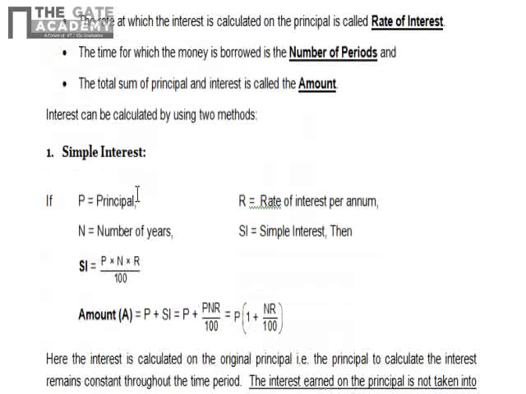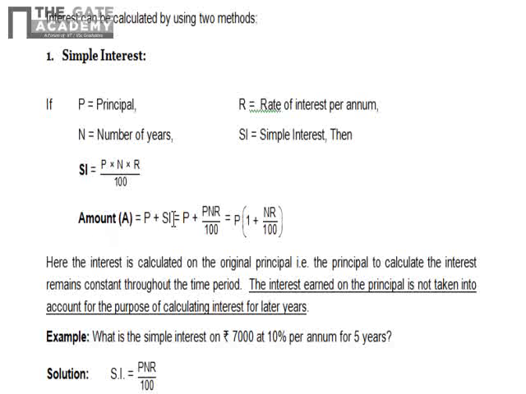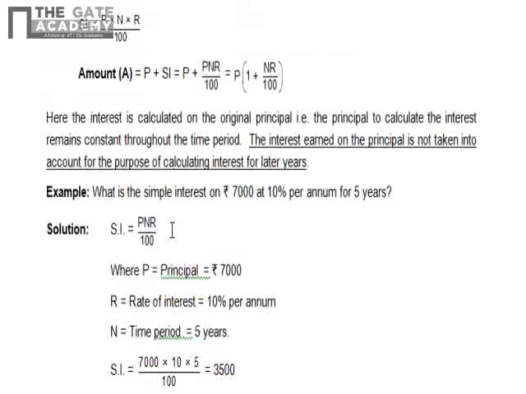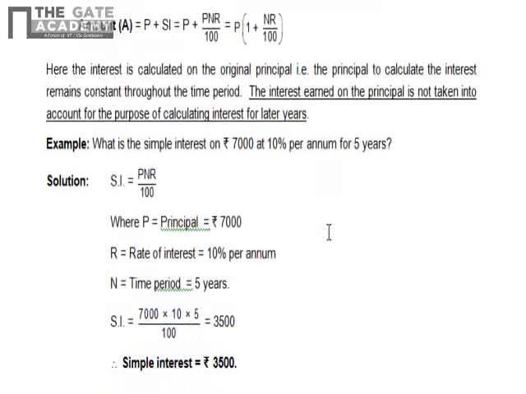Okay. The formula is very simple. To calculate simple interest, you just have to multiply PNR upon 100. Okay, and the final amount is principal plus simple interest. You might be knowing this. Simple interest for any number of years is common. You don't have to add interest on interest in simple interest. In compound interest, you will do this. You'll have to add interest on interest. Whether it is 10 years or 2 years or 3 years, the simple interest for each and every year will remain the same.